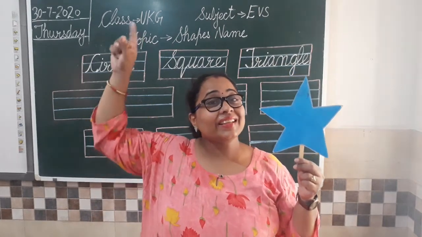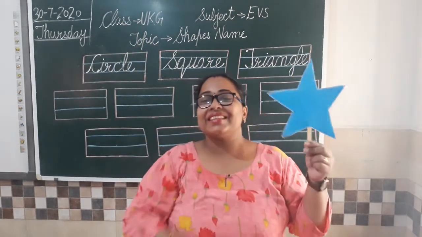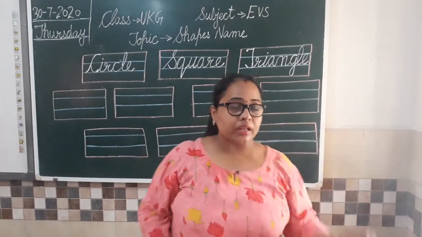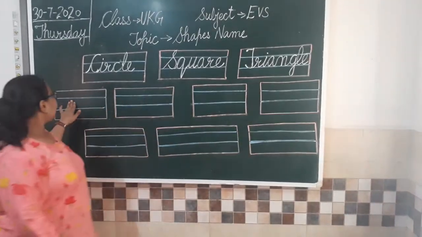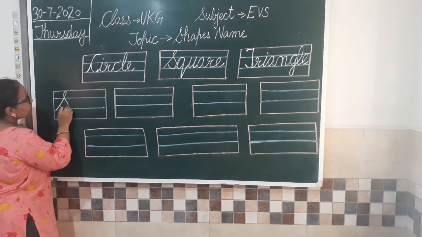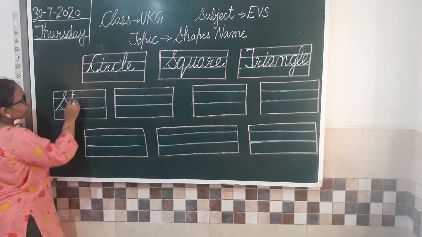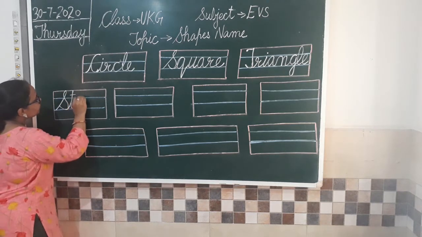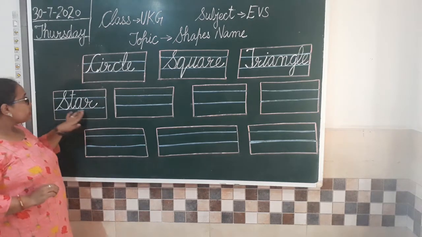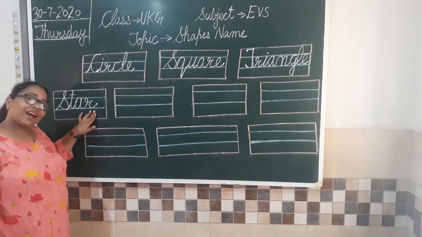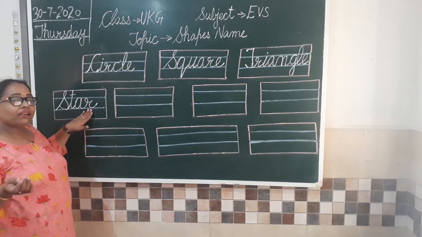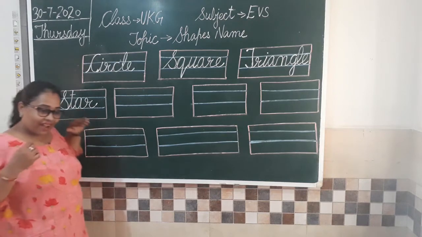Twinkle, twinkle, little star. Yes, it's a star shape. So, how are we going to write the name now? I'll show you. So, we are going to write star. S-T together, st. And it's an R sound word. So, you have written this word when we learned R sound also. St, R, star. Clear all? St is blended with R and the name is star.